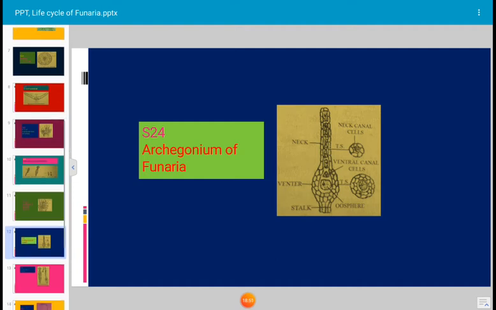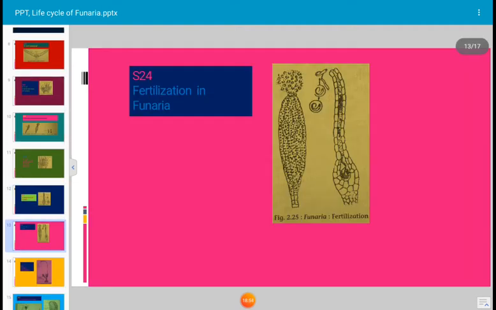Let us see how fertilization takes place. Fertilization is the phenomenon in which fusion of male and female gametes takes place. Let us see the fertilization in Funaria. Fertilization is only possible in presence of water, rain or dew. The antherozoids which are liberated swim in water. The mucilage that oozes out from the neck contains chemicals like cane sugar, and the antherozoids are attracted by this chemical and move towards it.